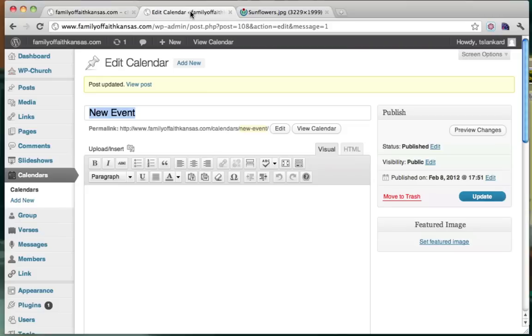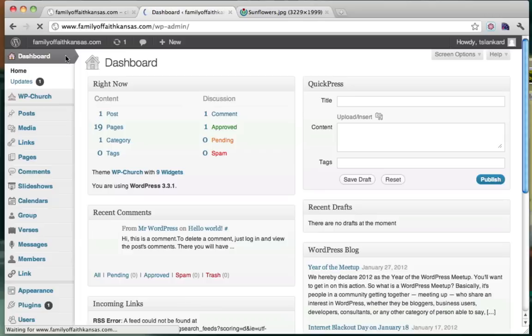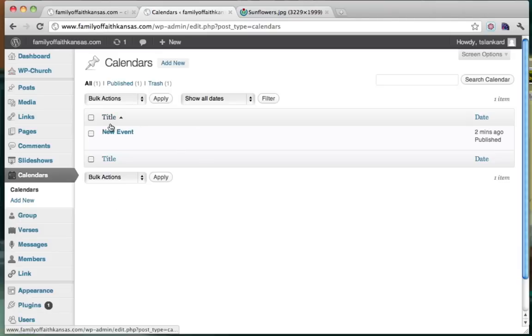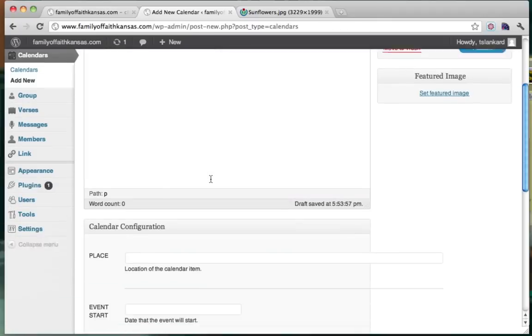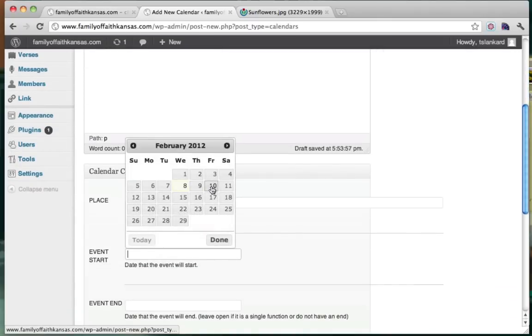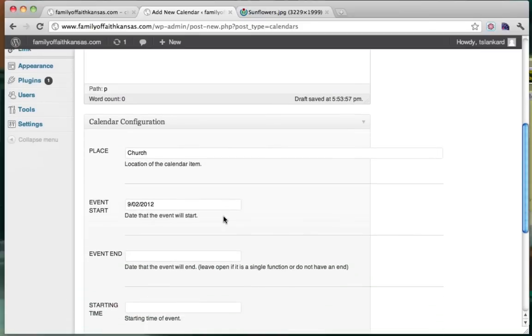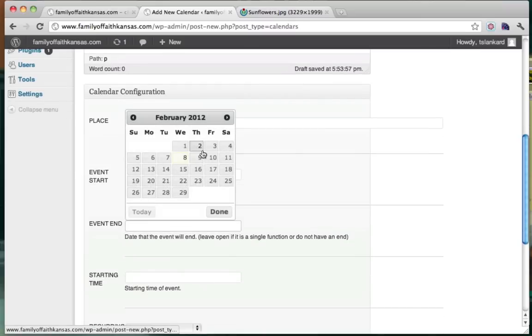So the way we do that, I'm just going to go back to the dashboard. On the left here, we go to calendars, and we can see all of our events, and let's click add new. So we can add a new church event, and we can say that the place is at the church and it starts tomorrow, and it ends tomorrow,